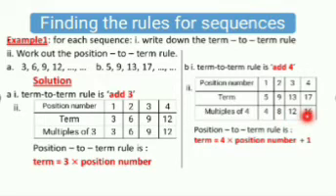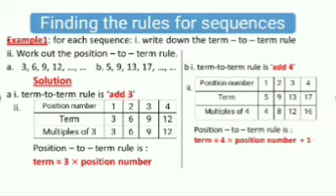Now you can observe here that the term in the sequence is 1 more than a multiple of 4. So the term in the sequence is 1 more than a multiple of 4. 5 is 1 more than 4, 9 is 1 more than 8, 13 is 1 more than 12, and 17 is 1 more than 16. Is that clear? So therefore, you can write the position to term rule here as 4 times the position number,